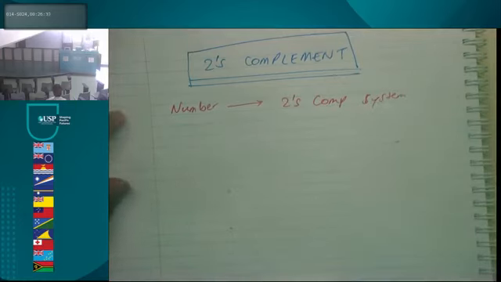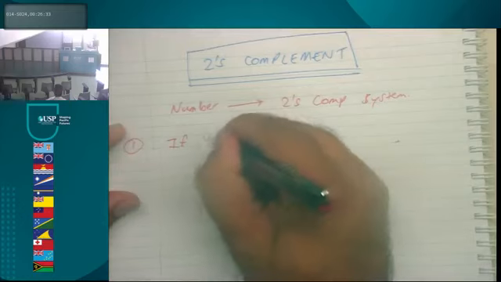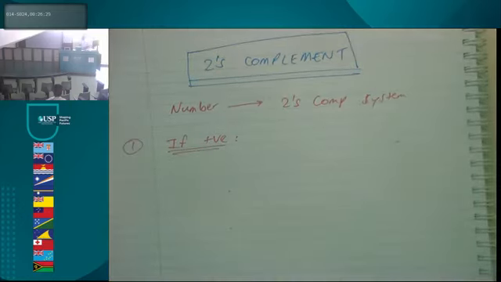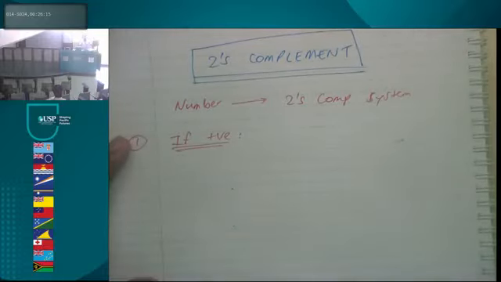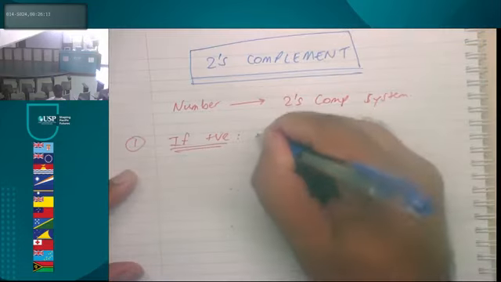Number 1: if the number is positive, same rules apply, like one's complement, sign and magnitude, all these things which you've done so far. If the number is positive, then we